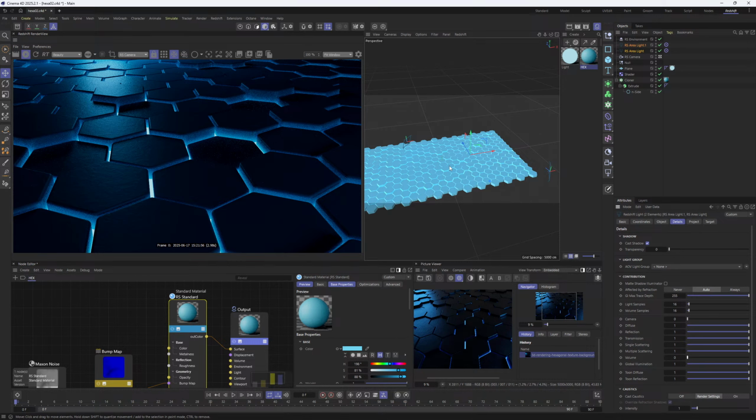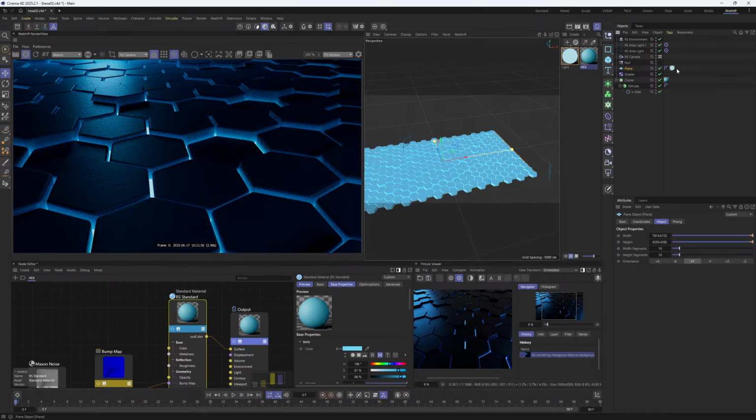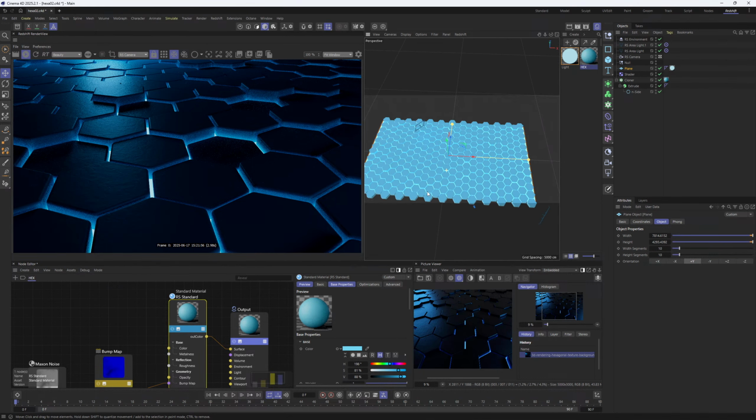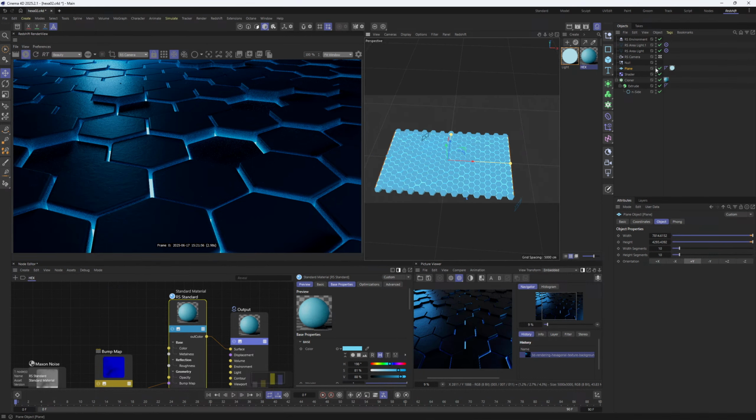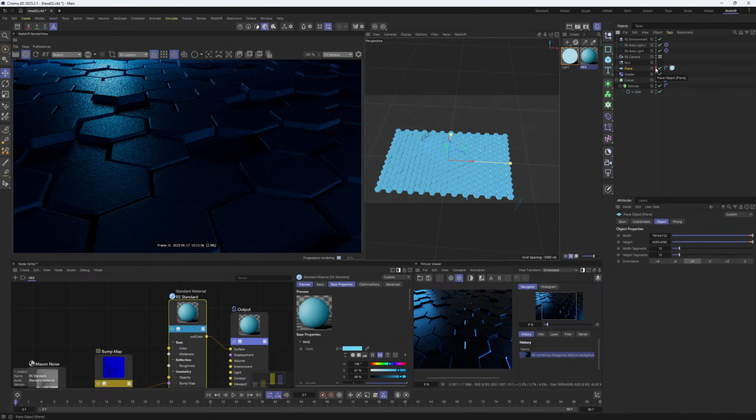So right now, basically nothing is affected because, as I said before, I have a plane with a material on it. And I'm not sure if it's even possible that an emissive material on an object is getting scattered in Redshift anyway. If I just disable the plane